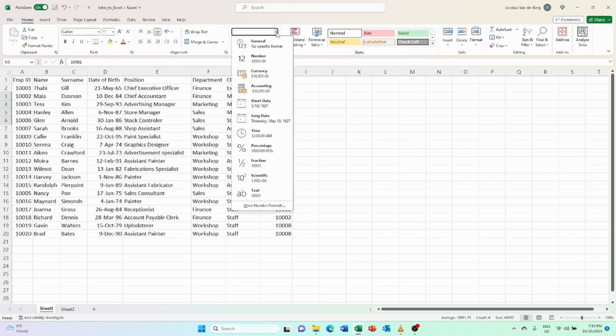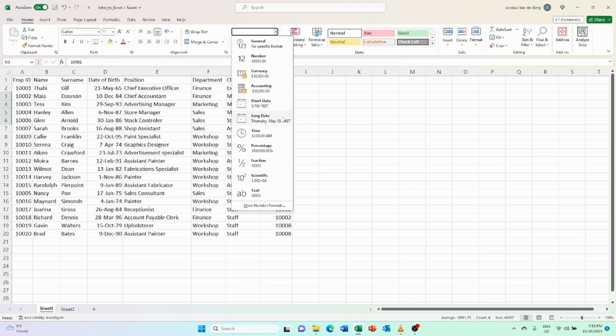Within the drop-down menu on the numbers group, you have different formatting options, such as General, which does not have a specific format, adding number formatting, which will place two values after a decimal point, a currency formatting or accounting, the difference between the currency and the accounting formatting. In accounting, the currency symbol will be placed to the far left and the value to the far right,